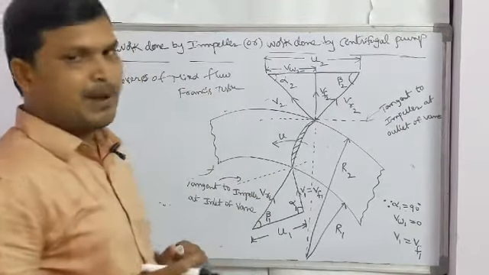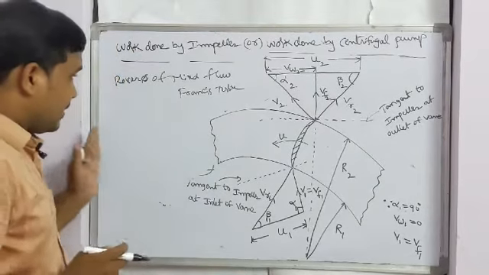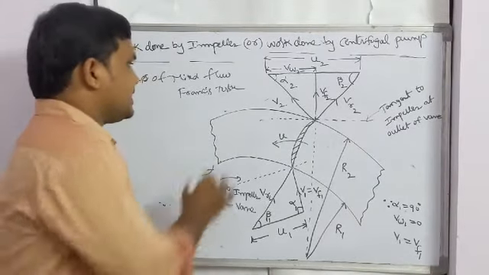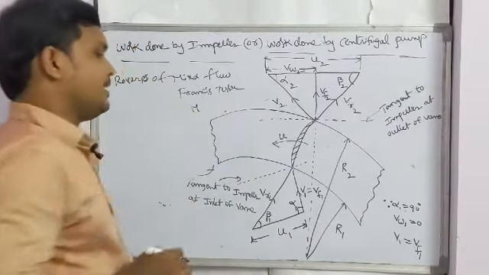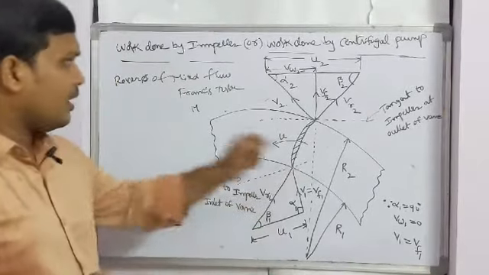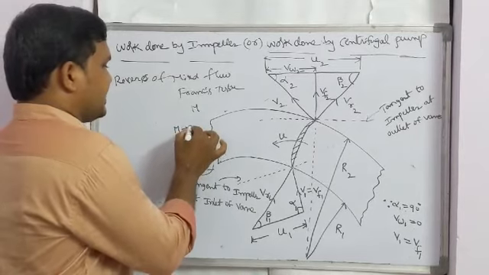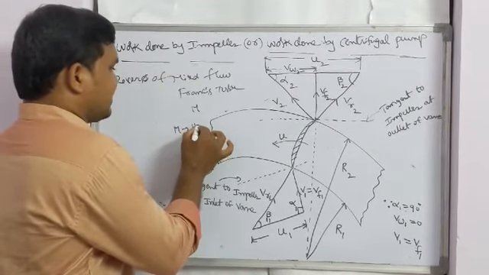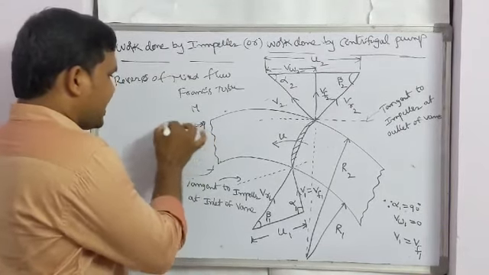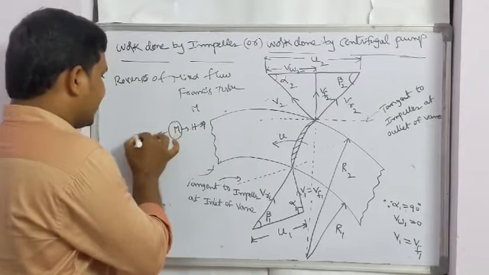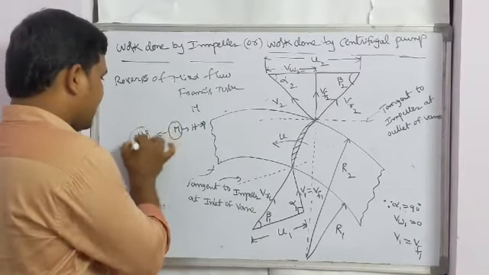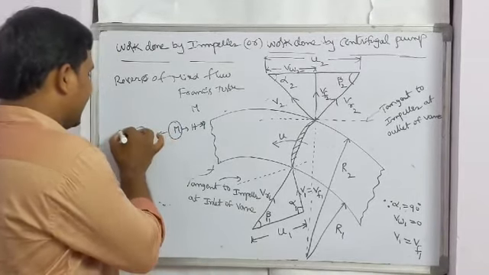In the case of a turbine, hydraulic energy is the input energy and mechanical energy is the output energy. But in the case of centrifugal pumps, mechanical energy is the input energy, and it is converted into hydraulic energy, that is pressure energy. That mechanical energy we give by using a motor, and that motor needs electrical energy.